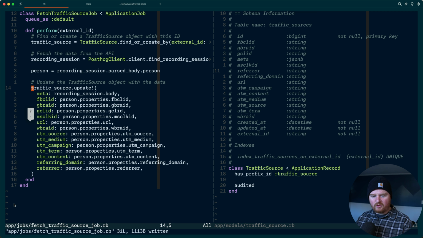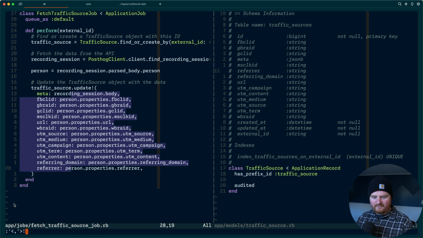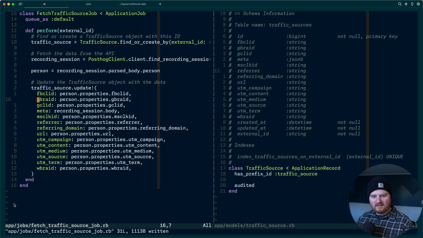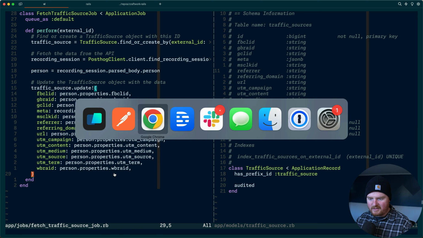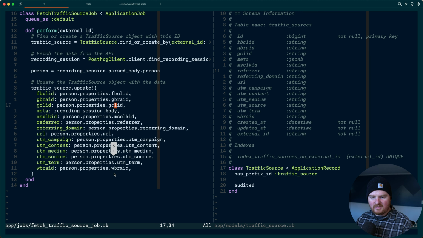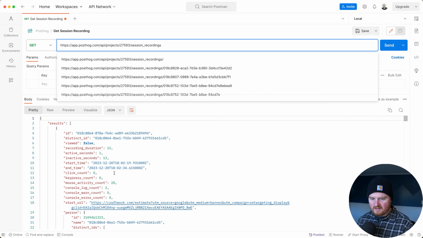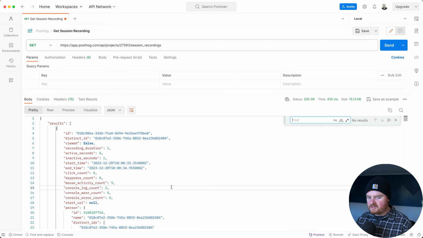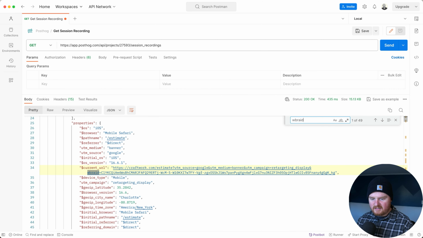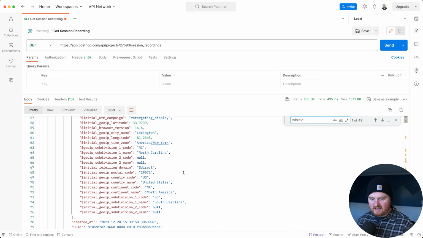So I know from looking at the data that some of these are actually not going to be available directly on properties. But ideally, wbraid is someday on properties, but we might have to pull some of these off of some other part of this data. So if we look through all of our results here for wbraid, you'll notice that like in this specific